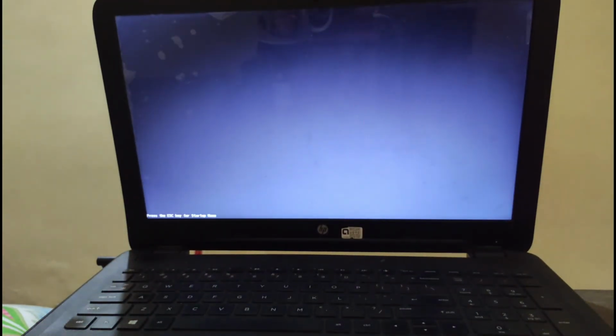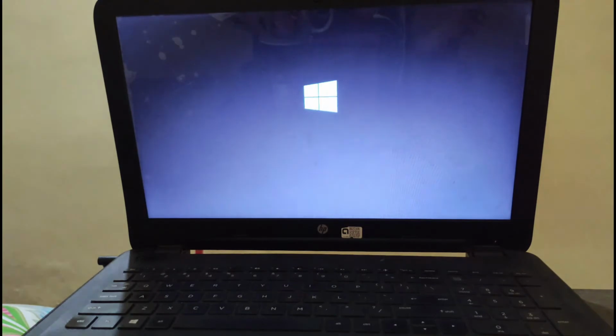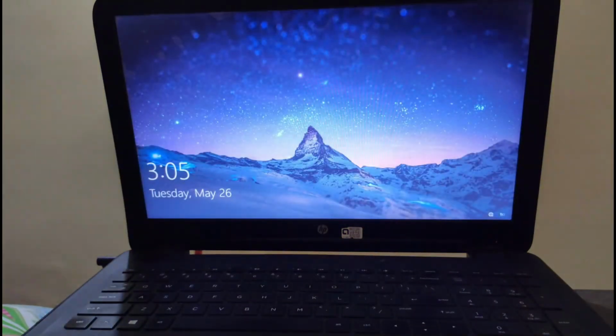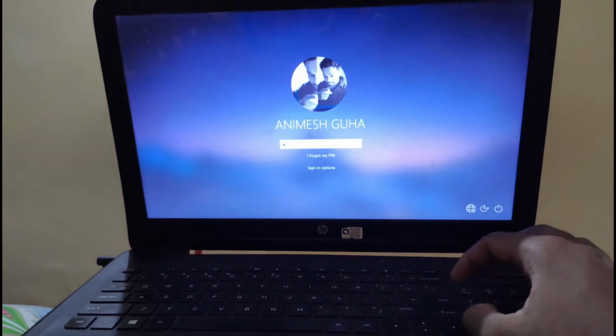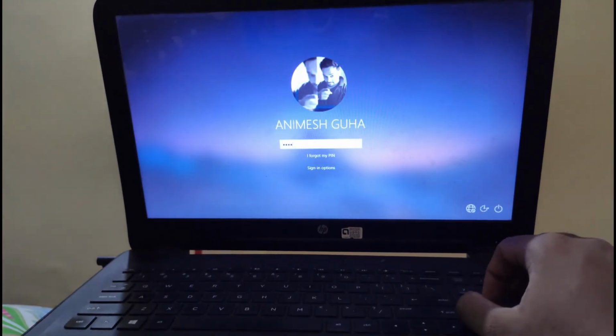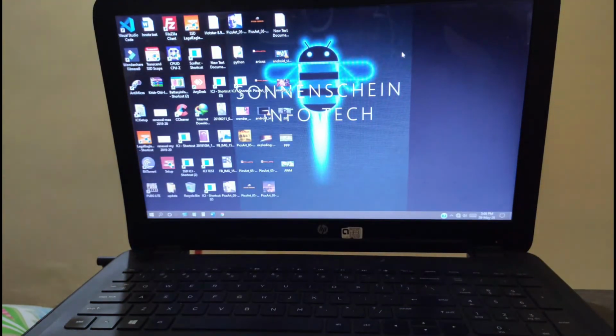Now you will see within a fraction of seconds my computer will load. Sorry, it didn't restart. Now no missing this thing, no missing that thing, and the Windows will load very quickly. After a few restarts, it will load very quickly, as the SSD will give its power and performance immediately. Within 10 seconds it will load. See how fast.